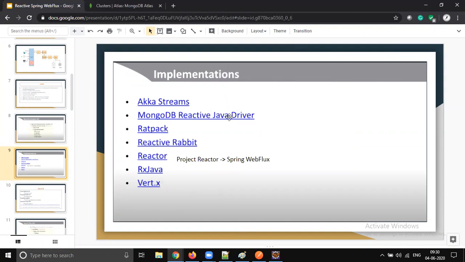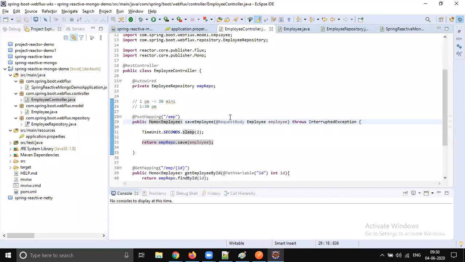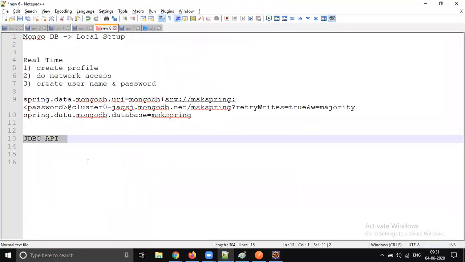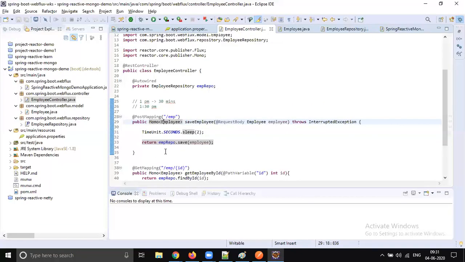At this point of time, we don't have full-fledged support for all the relational databases. Okay, still it is in incubation phase. The complete reactive programming is in incubation phase for Java. But for sure, after 2 or 3 years, no JDBC, no MVC, it will be full WebFlux, right? I mean, if it is not Spring WebFlux, some other third party library or framework is going to come. It may have a different name, but at least the flow will be the same. The operators will mostly be the same, filter, map, right? So at least 50 to 60% of the architecture will be the same.